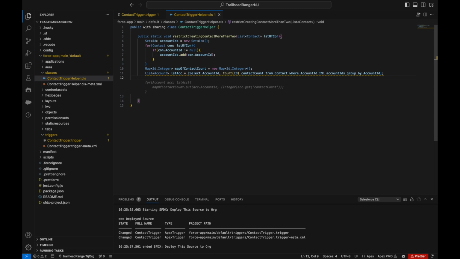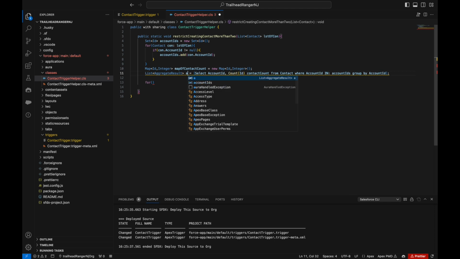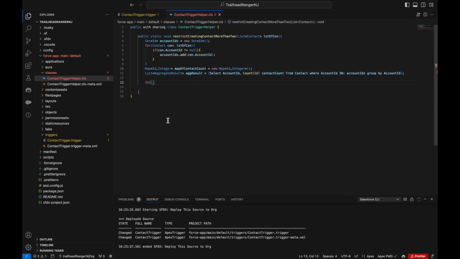I guess I'm doing something wrong. Let's move over, we'll get to know. So now we'll be having our loop over this list. What I was doing wrong is that it won't be storing in the list of account but in the list of AggregateResult. Yes, so let's give this a name. Now we need to loop over this list again. So one AggregateResult will be looping over this list,